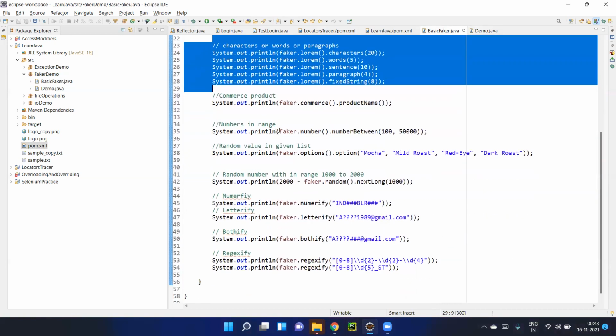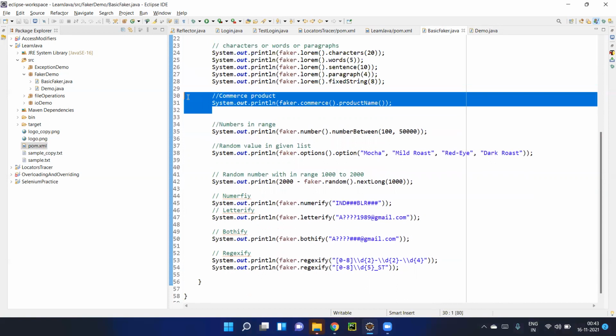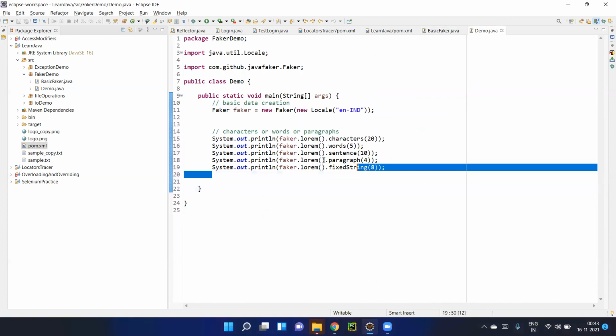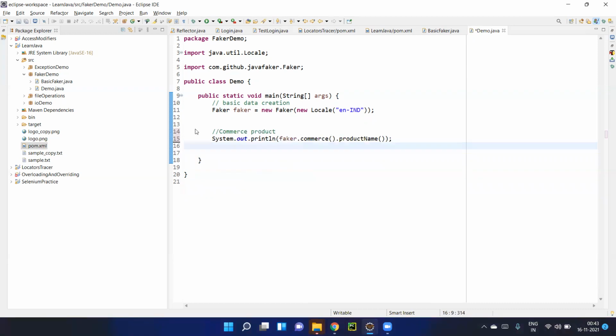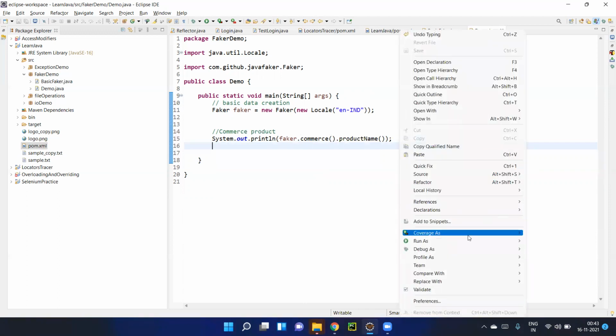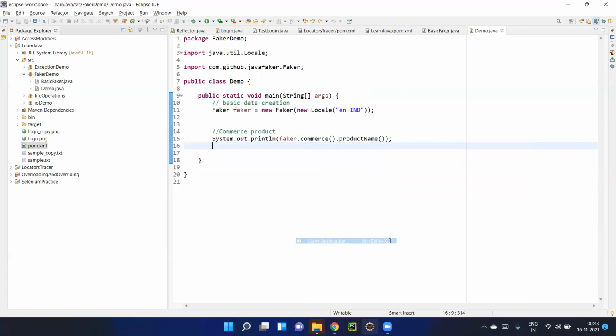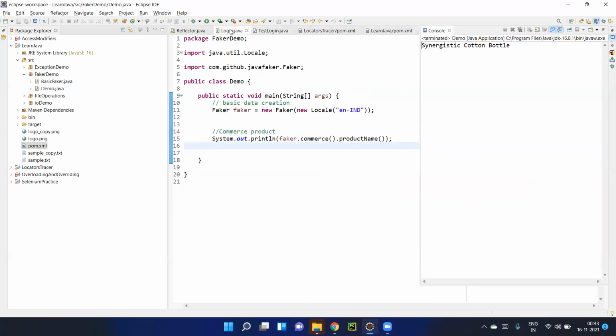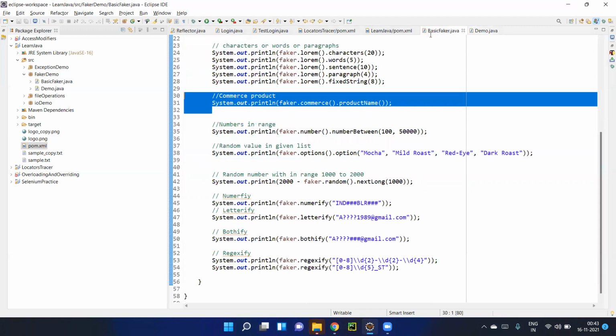And the next utility we can use is commerce.product. Let's say you want to order something, or you want to create some product name. By default, you don't need to guess some product name and mention it. Just execute commerce.productName. You can get different products. Again, execute, and it will generate a different product: table, car, gloves, pants, shoes, and so on. This will be very useful if you're working with any retail products.